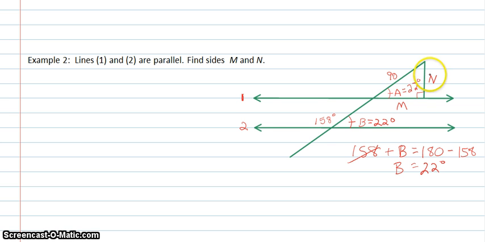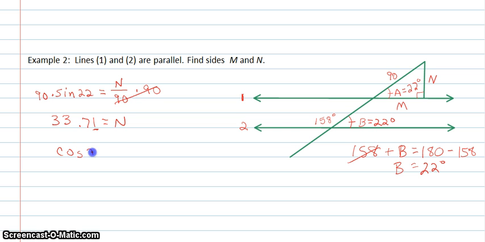Then to find side M and N, I'm going to use the trigonometric functions of sine and cosine. So sine of 22 equals N over 90. So I just need to multiply both sides by 90. Okay, and then we would enter that in our calculator as 90 times sine 22, and that would give us 33.71 equals N. And again, I'm rounding to the second decimal place, or the hundredths place,